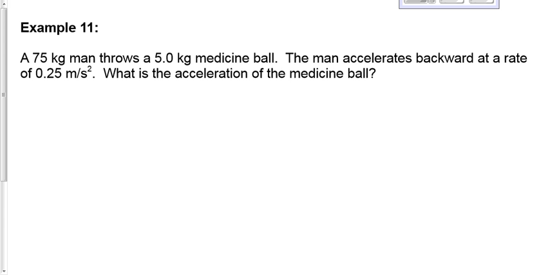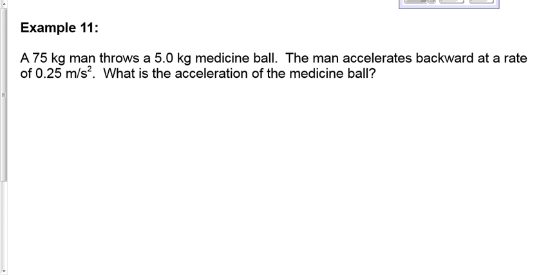Before we tackle this question mathematically, let's look at the big picture. What would you expect to happen here? If you throw a medicine ball and it's heavy, you would expect the medicine ball to go forward, and assuming you're on ice and there's no friction acting here, you would expect you to go backwards, right? Which one? Because the force on the medicine ball is bigger? No, because